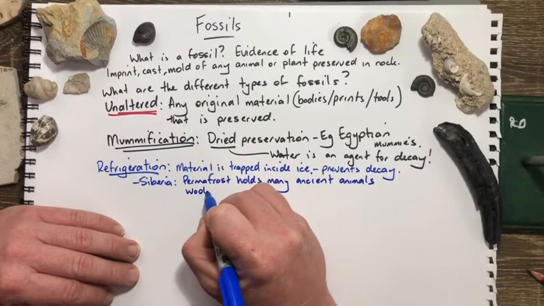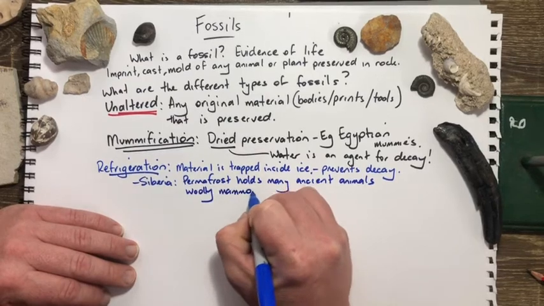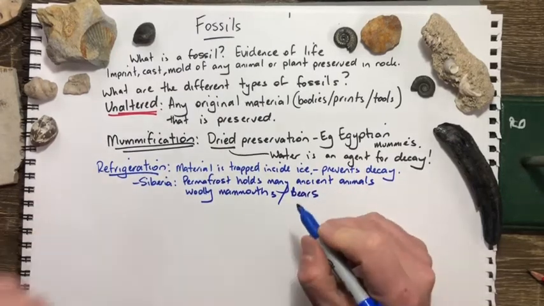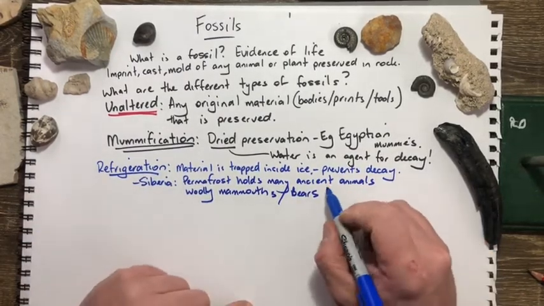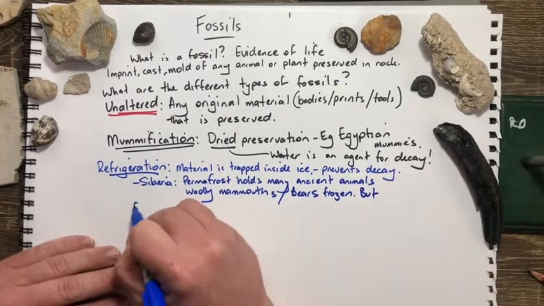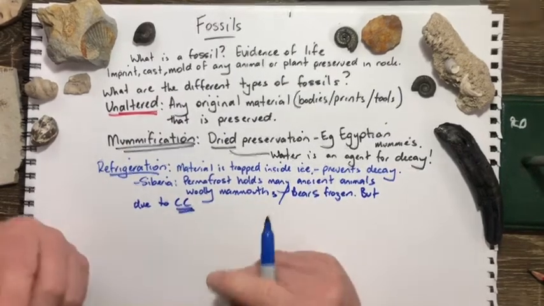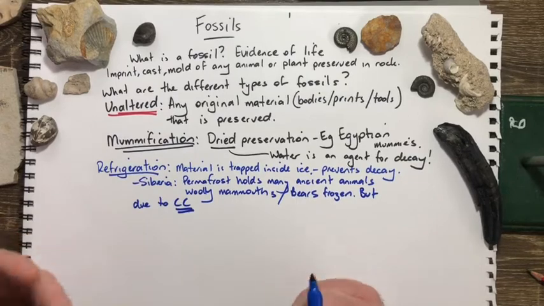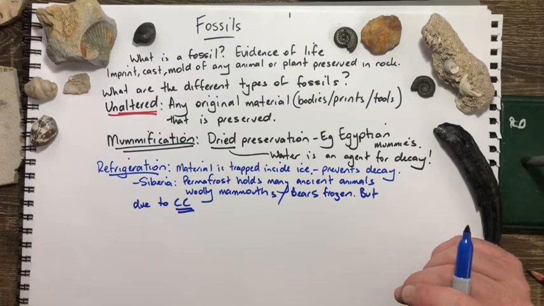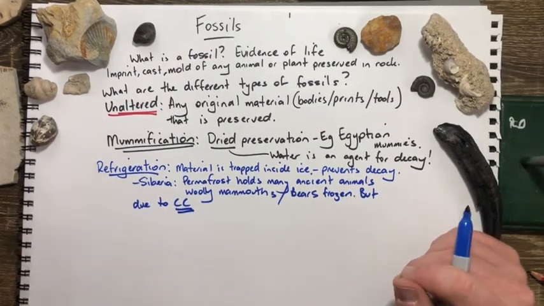Woolly, I'm not sure how you spell woolly mammoths or bears, and they're frozen, but due to climate change, the permafrost is melting, which means a lot of these guys are getting exposed, and we're starting to have more and more finds of woolly mammoths, and particularly these large bears in Siberia, and of course they're getting